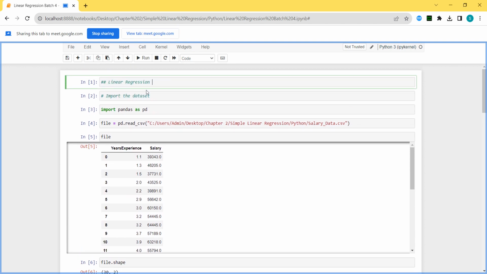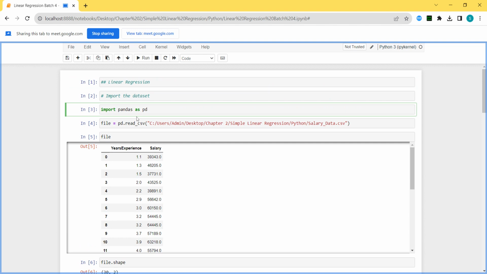What we have done is a simple thing: we first imported the library. For this particular example, we don't require any visualization libraries or any kind of mathematical calculation. Only pandas I have imported. Then I have imported my file. I saw that many students are struggling with this part, with the path of the file to be read.